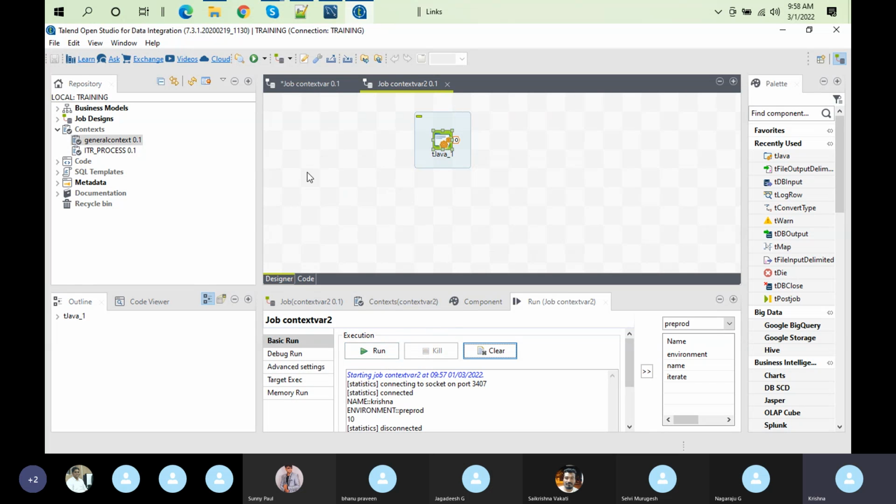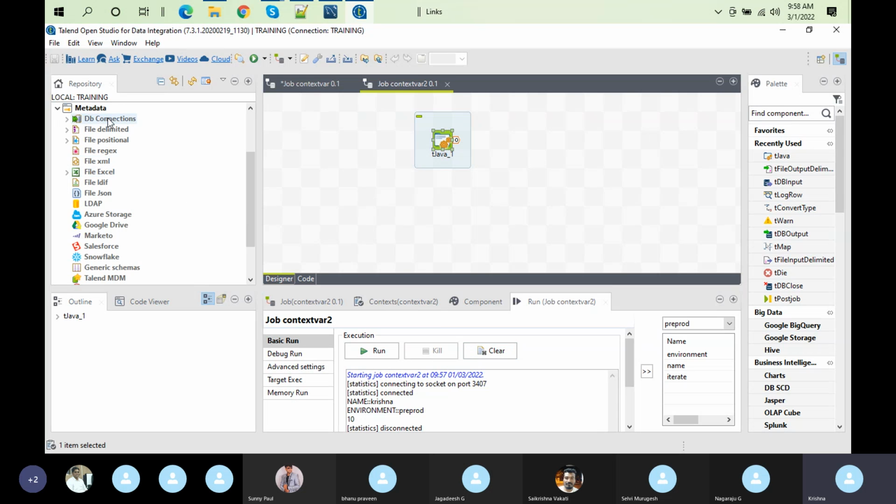Right, this is what. And now you can see, when we were creating metadata, we didn't discuss or highlight something. When you are creating a connection for a database, you can find that it creates a context by default. So when you go and right click here,